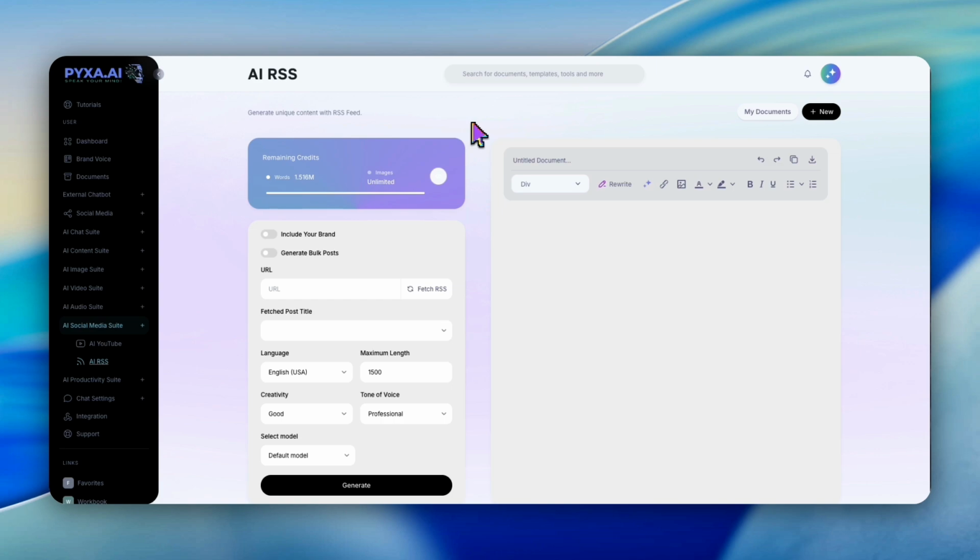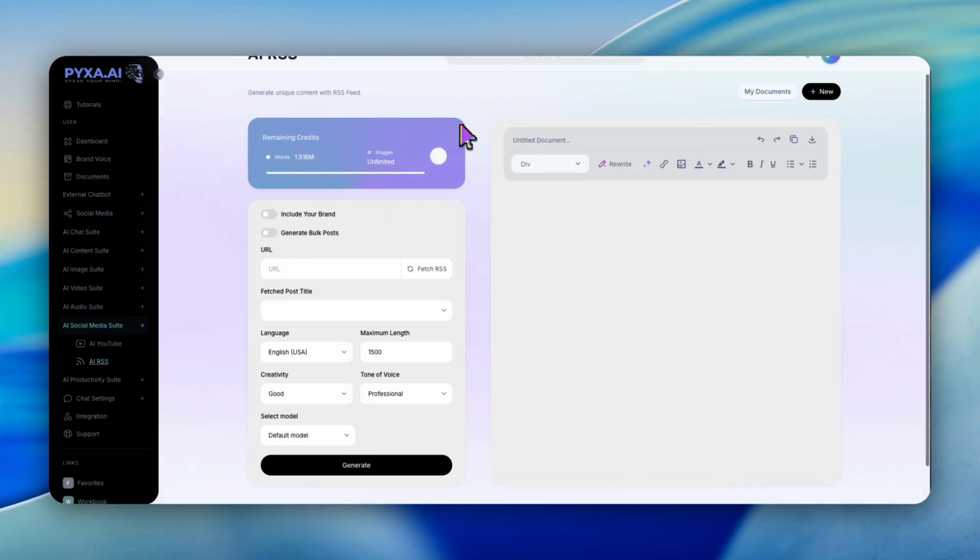Now, what I'm going to do is show you everything inside this tool, and then I'm going to show you the Chrome extension that I use to get my RSS feeds. Okay, so let's jump right into this. When you go into the